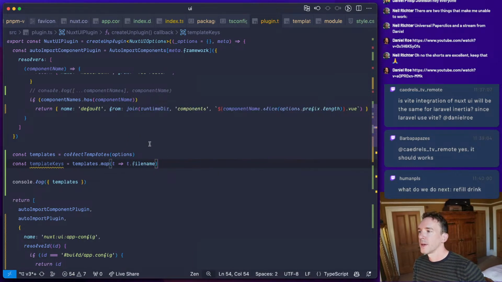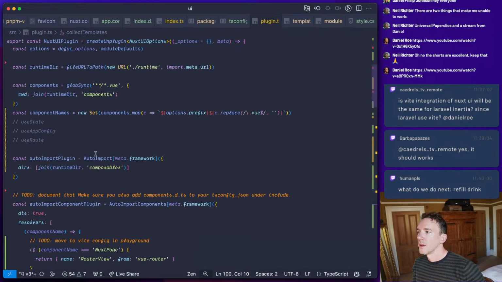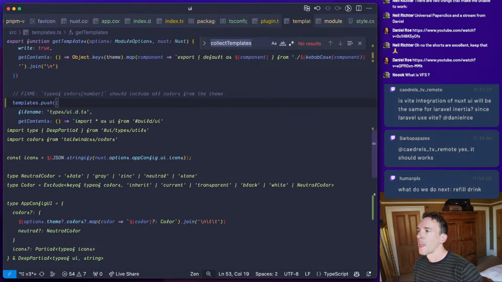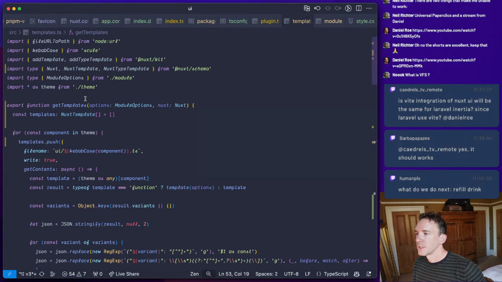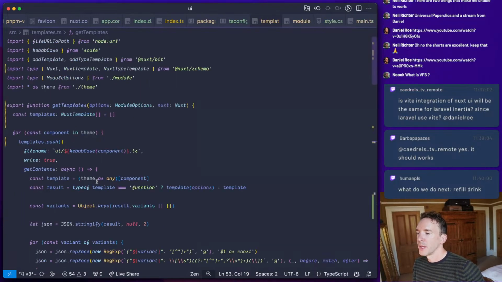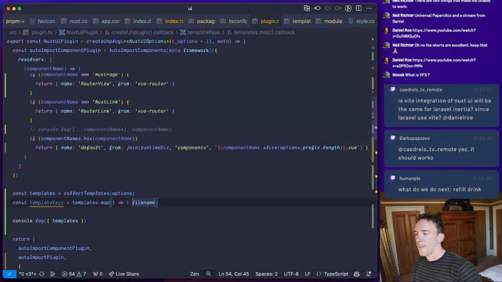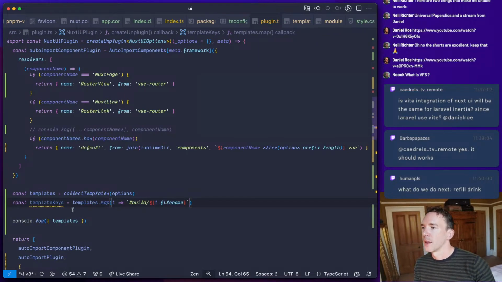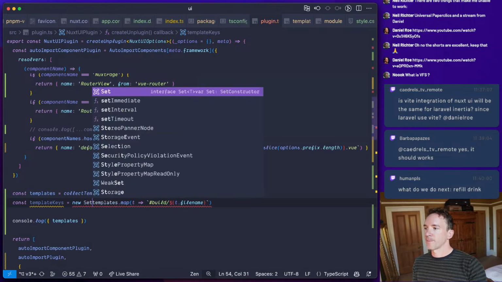I guess they all have a file name. And we're going to say that they're all going to be hash build, like that. And we're going to make it a set.